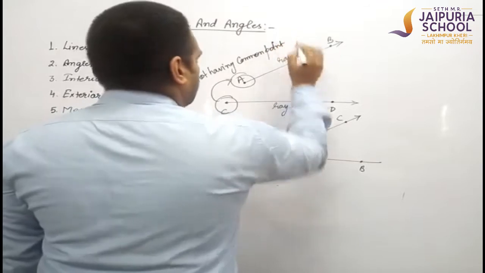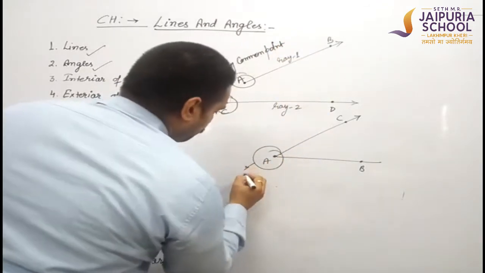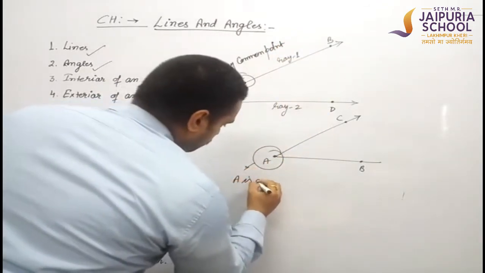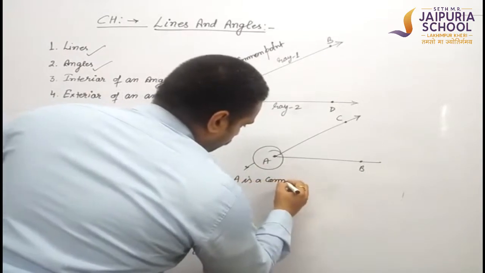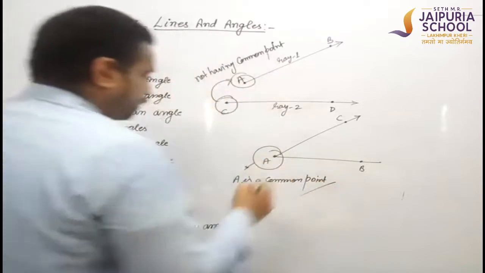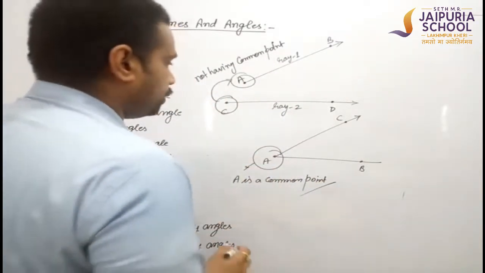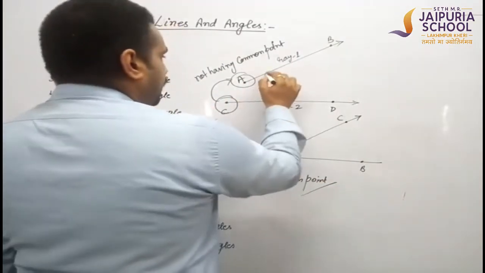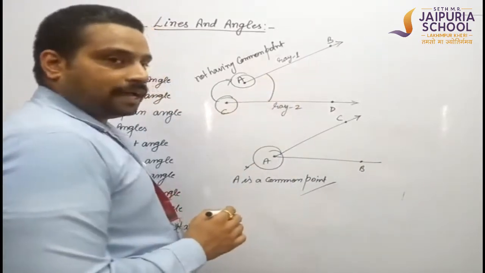Here A is a common point. So this gap is not considered as an angle,